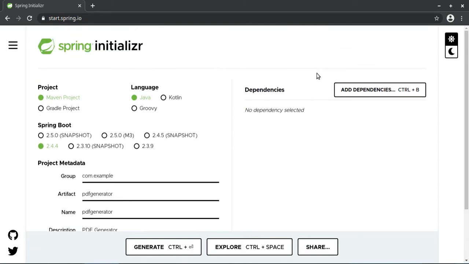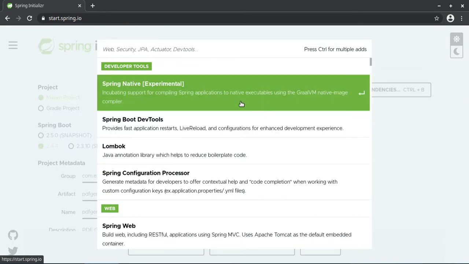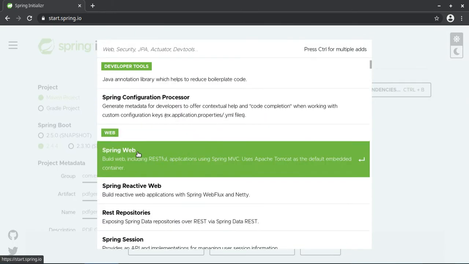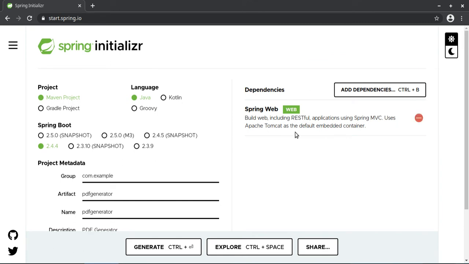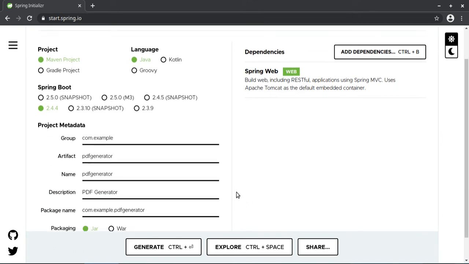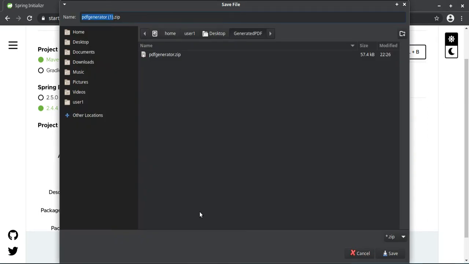And then we are going to add a dependency. Only one dependency we're going to need for this project. We're going to add the Spring Web dependency. So that's going to be completely fine. So this is all we need for this project. And then you're going to click on generate. After that, you're going to be presented with